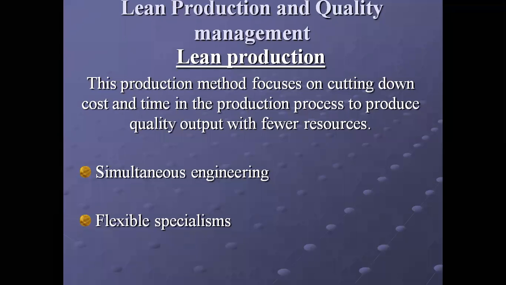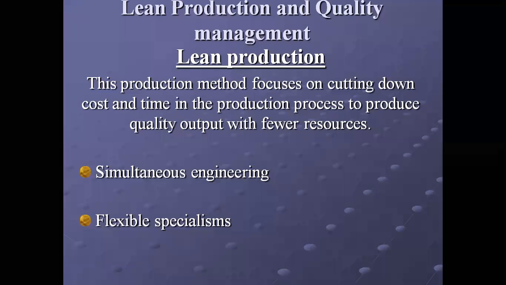What happens? There is no delay. Even if there are one or more workers who are absent, still the production will continue in the same manner and the same quality level will be achieved because workers are multi-skilled, and they can perform different jobs with the same amount of perfection. So this is how it is done. So again, it will save time. I told you lean production is all about saving time or cost. Whatever I explain, I will actually end it up with saving cost or saving time.